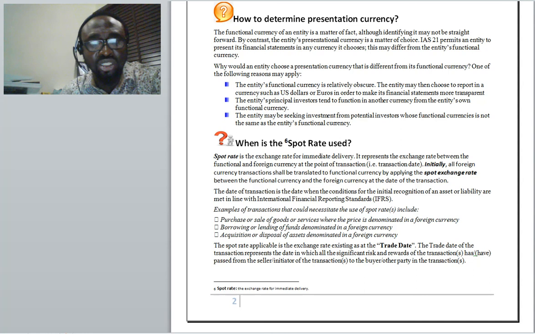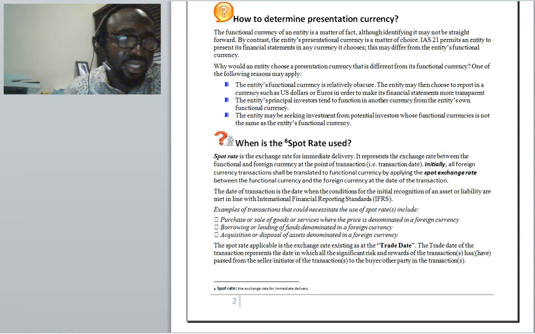Now, why would an entity choose a presentation currency that is different from its functional currency? It's a question that begs for an answer. But one of the following could serve as a reason for doing so. For example, an entity's functional currency might be relatively obscure. Probably in the current Nigerian situation, we might find ourselves in a situation where our currency is not stable, it's highly volatile, and that might mean that a company that has